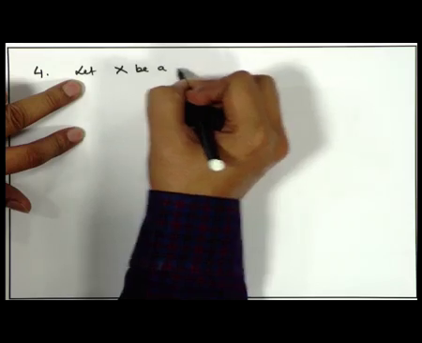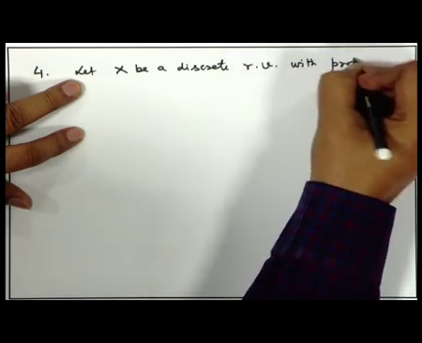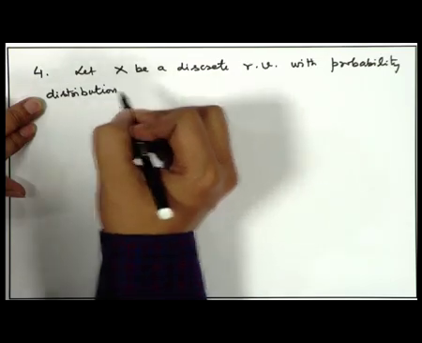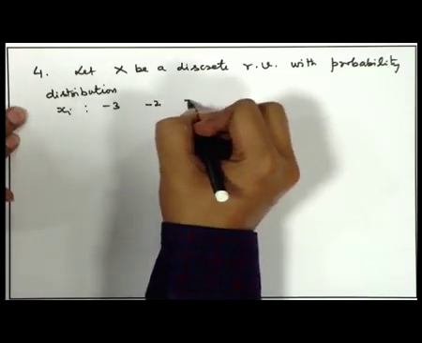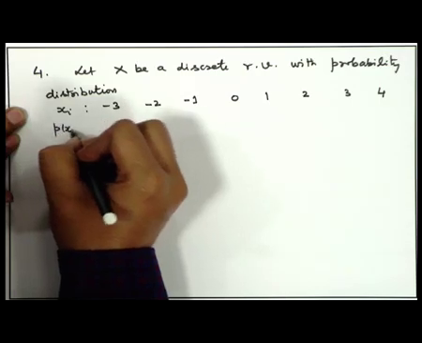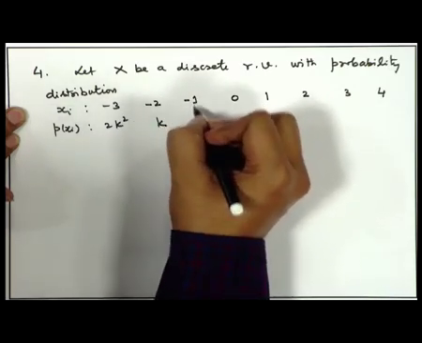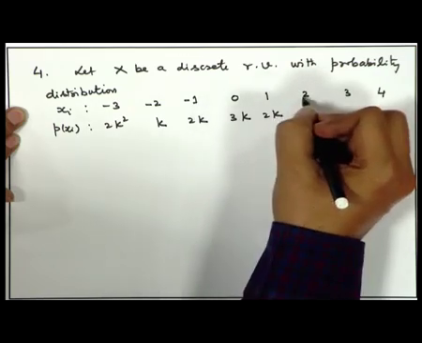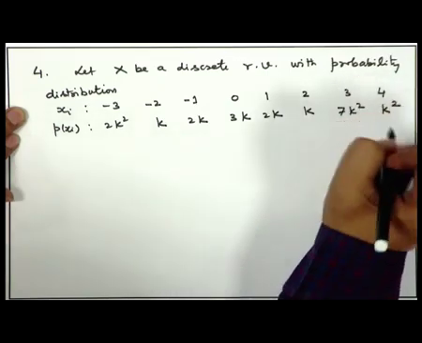Let x be a discrete random variable with probability distribution. So it takes values xi: -3, -2, -1, 0, 1, 2, 3 and 4, and the corresponding probabilities are 2k² for -3. For -2 the probability is k, for -1 the probability is 2k, for 0 the probability is 3k, for 1 the probability is 2k, for 2 the probability is k, for 3 the probability is 7k² and for 4 the probability is k²,